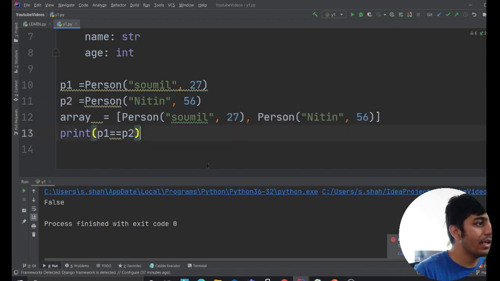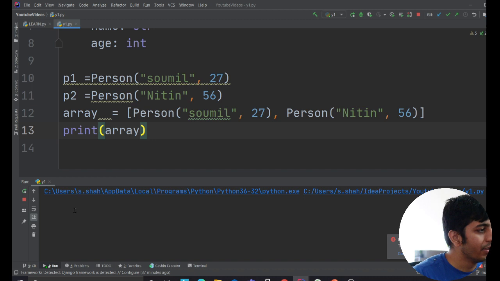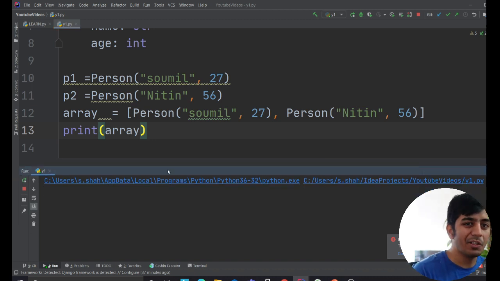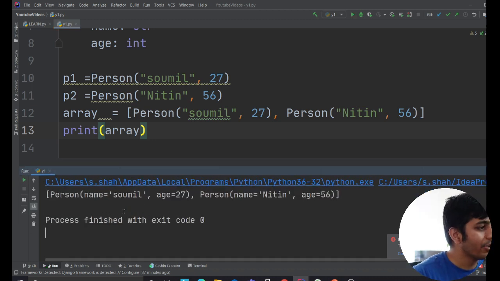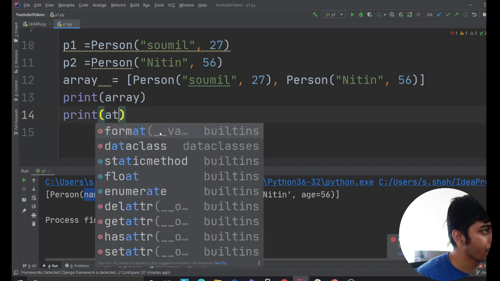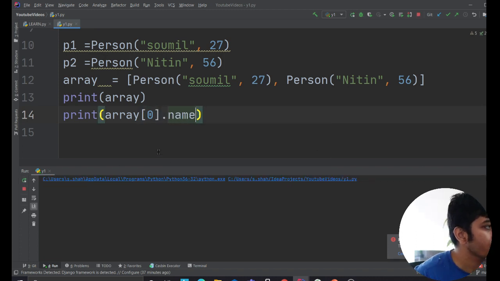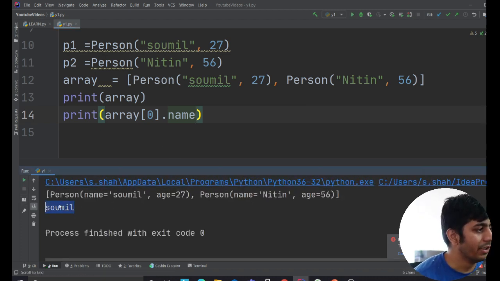Before that, if you print an array, you know what it's gonna do, right? It's gonna print all the addresses in a not good way, right? So if I print this, the code is much more organized, and as you can see, person, object, name, you can do that. Now if you want, you can access the objects as well. So you'll say index 0, and then since it's an object, you can access the attributes here. As you can see, you can do that as well.